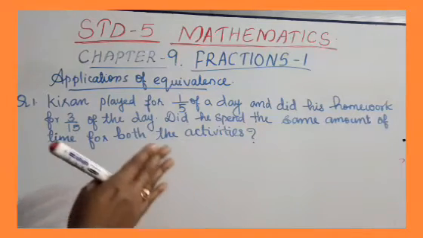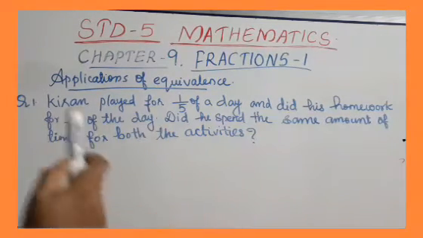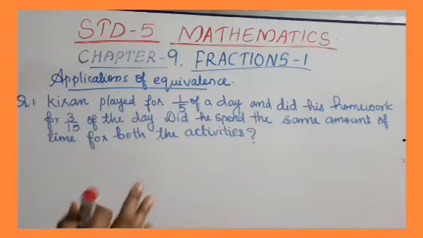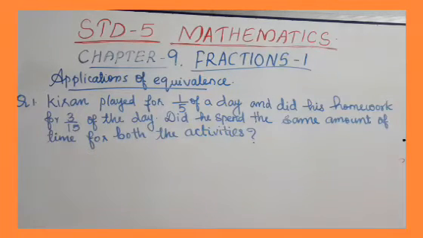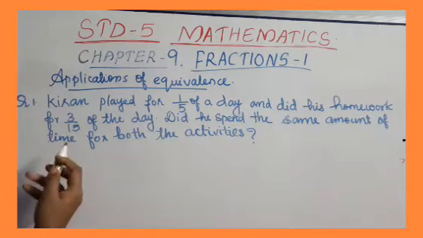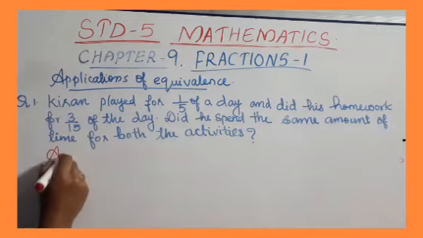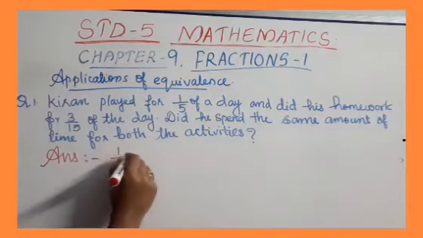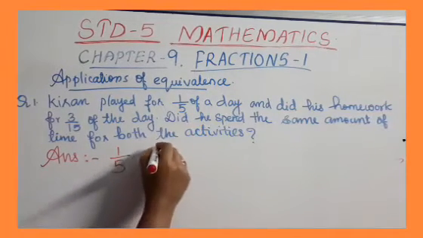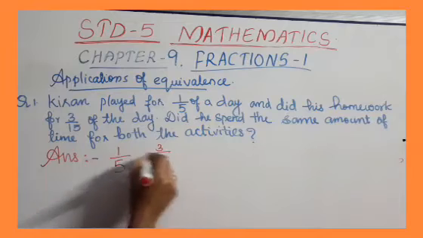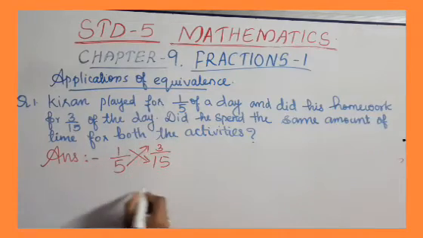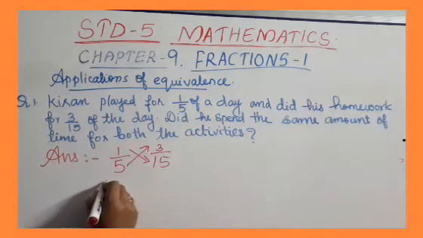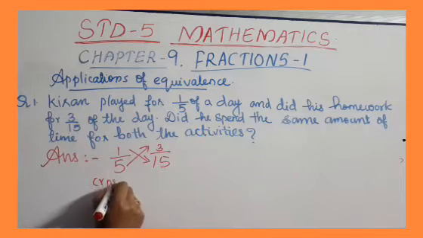If Kiran spent the same amount of time for both activities, then the given fractions must be equivalent, isn't it? So we can check the equivalence of the fractions by cross multiplication, isn't it? So let's check whether these two fractions are equivalent or not. For that, take the two fractions first. Now do the cross multiplication. So the cross products are